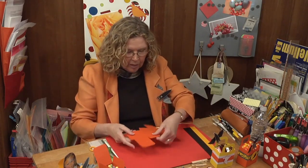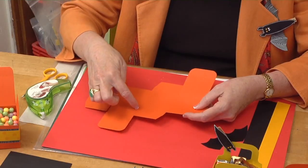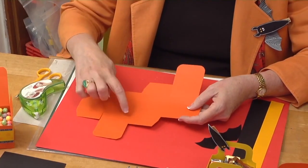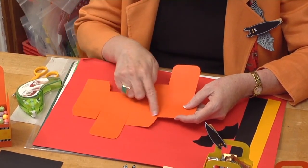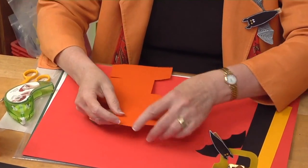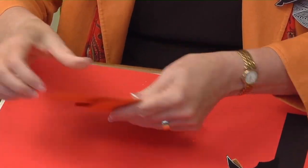Once you have the box pattern, you're going to use it for all the places where you cut, and you're going to use it so that you can see all the places that you're going to fold. So I've put the score marks already on this from the die. I'm going to do mountain folds on all of the fold places,